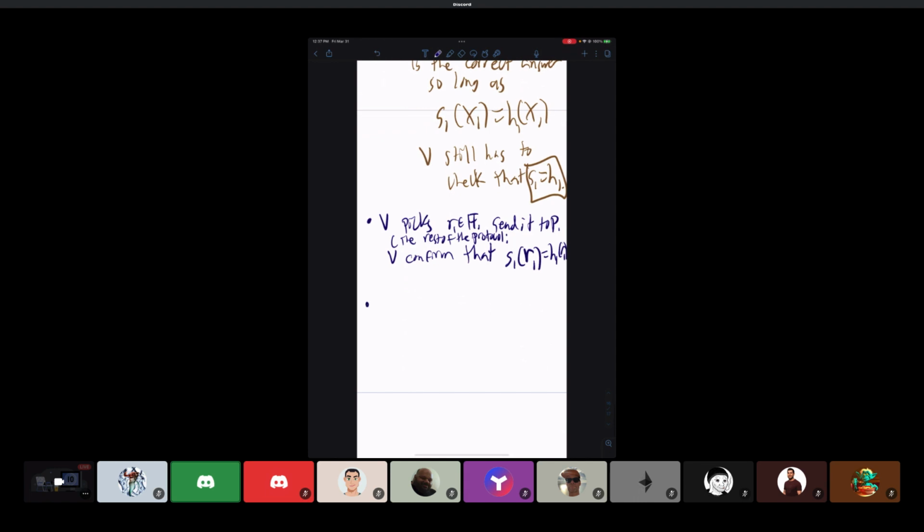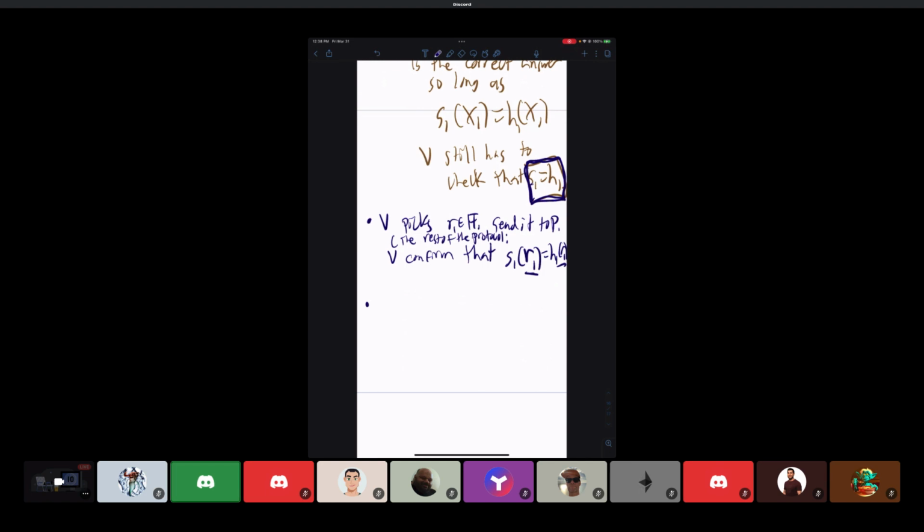The reason this is enough is this univariate version of Schwartz-Zippel, which you probably saw in 8th grade. If S1 and H1 are the same polynomial, as the prover is claiming, then obviously if you evaluate them both at R1, they'll spit out the same thing. But they're both degree 2 polynomials, so if they're not the same polynomial, they can only agree at most at 2 points or something like that. I always forget if it's 2 or 1 or 3. So the point is, if S1 does not equal H1,